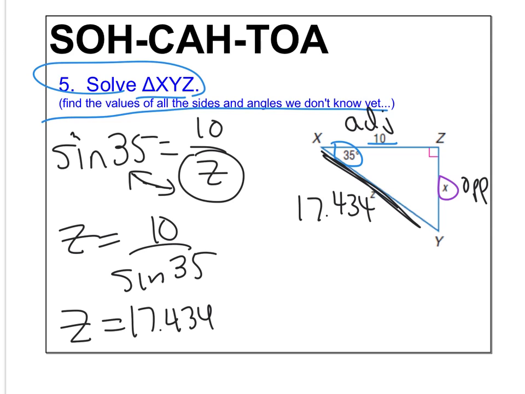Now if I want to figure out the opposite side, I have two choices. I can do the Pythagorean theorem, I can do this squared, and figure out what that is. Or I can use trig. So if I take the cosine,